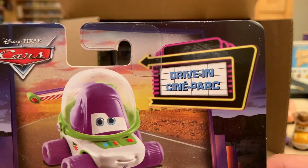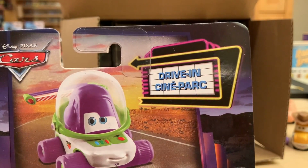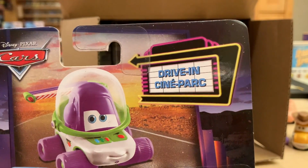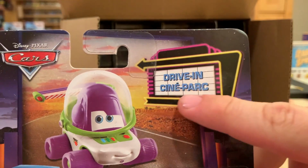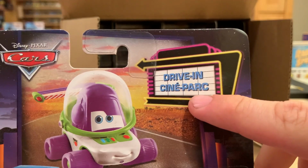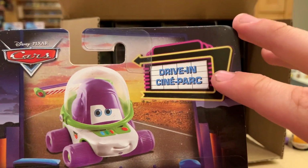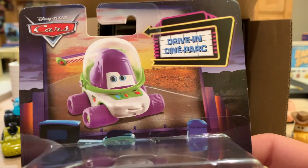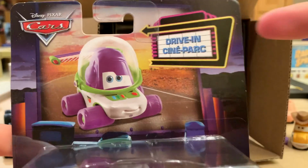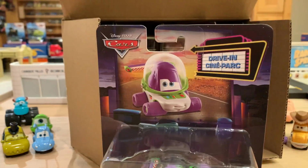Now you can see up top in the right-hand corner, Drive-In with the classic sign that appears in the movie, although it doesn't look quite like that in the movie. It looks a little different. And then you have what looks to be French for drive-in, Ciné Park. I don't really like how that looks because it's only two languages. I'm going to sound a little weird here, but I think it would look better if they actually had four languages there, like they kind of do